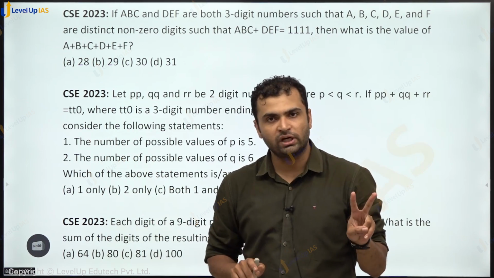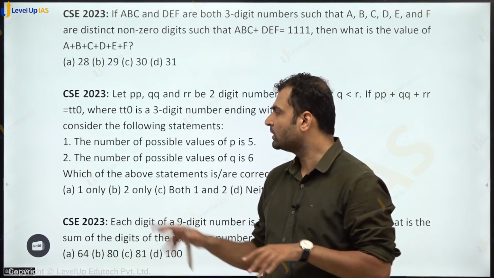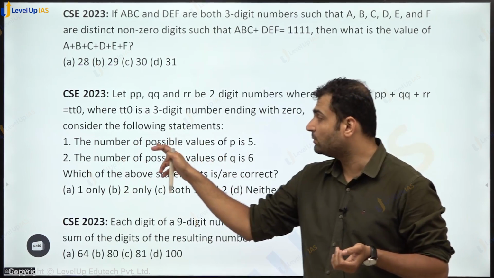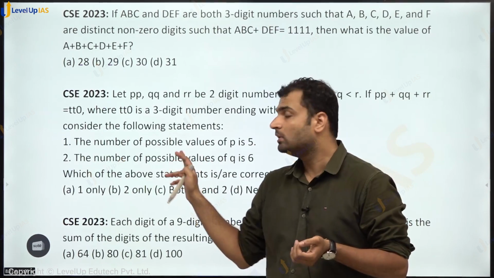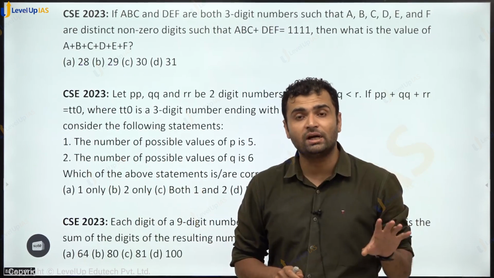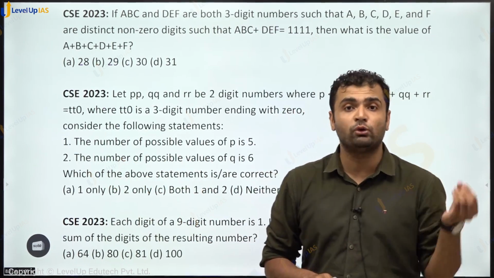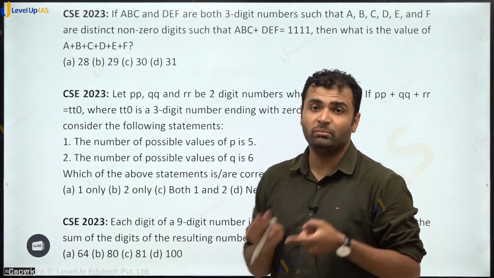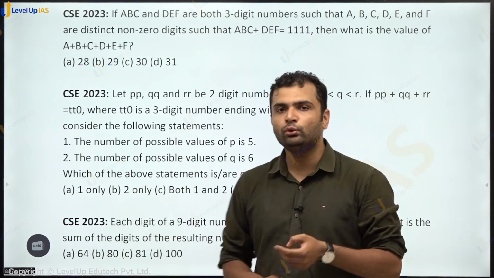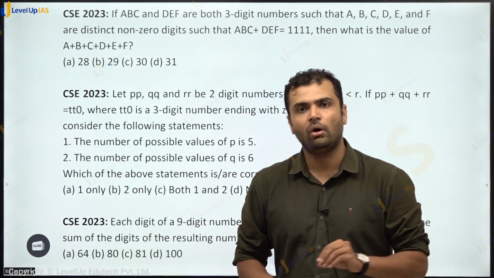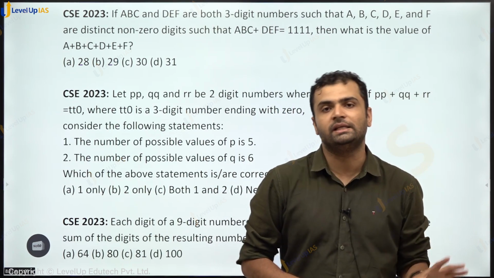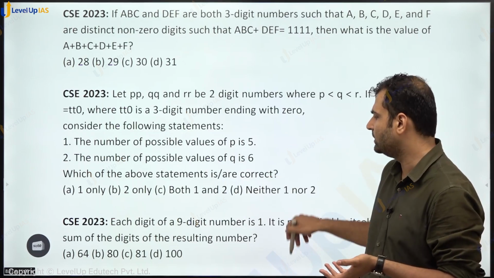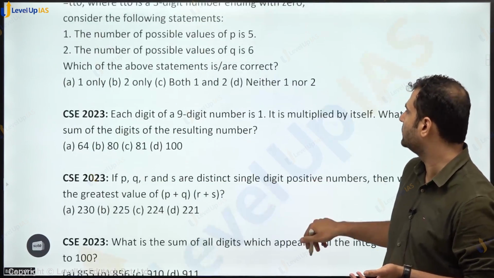Statements, firstly there are two statements, so we have to answer two different questions, so it may take a longer time. Secondly, it asks about number of possible values, so there is no unique answer, there are different possibilities that you have to manually count. That again shows you that this question may take extra time, and that is why you needed to leave it alone or attempt it at the end at least. This was the identifier. This is why I have put this question here.